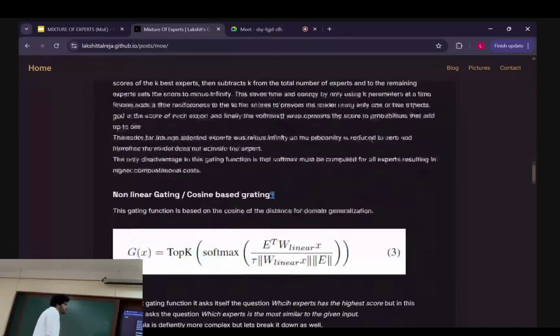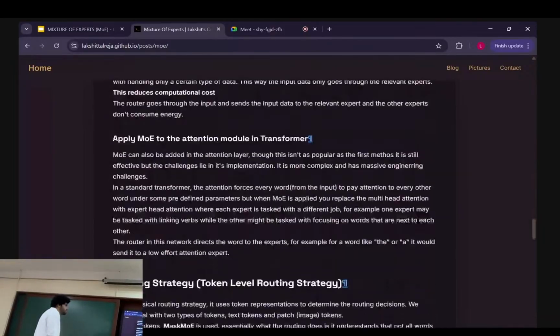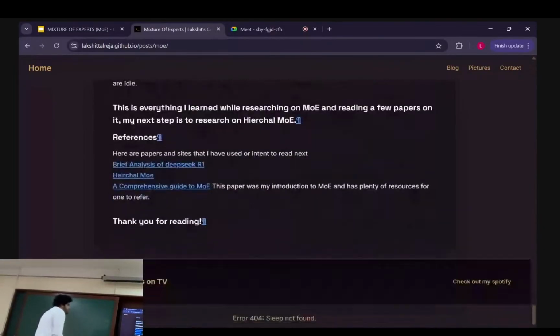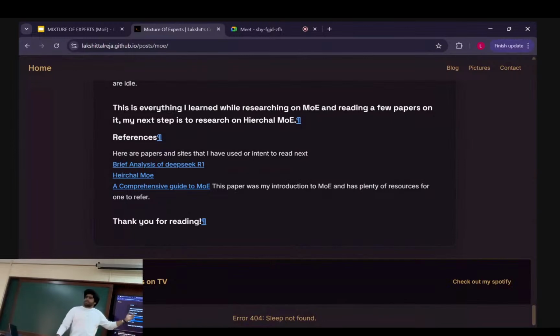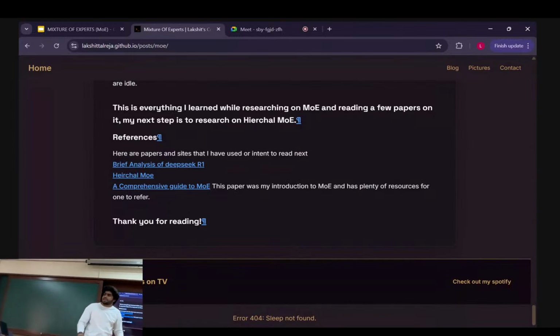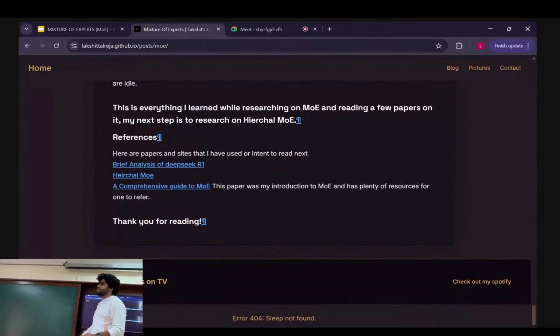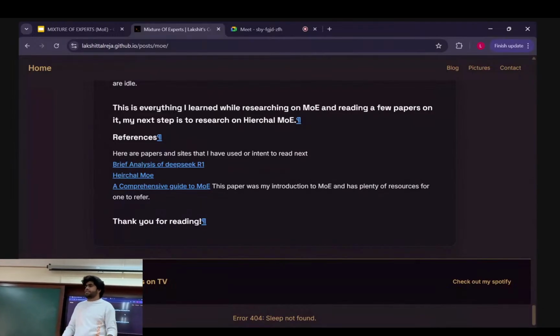It's a lot more detailed than the blog, but it essentially covers the same things. And it also has the references that I used to understand this. This is a very, very nice paper. It's a comprehensive guide to MoE. It's a very long paper, but it references every single MoE module. It was at least 2 months old, so it's very new. It references everything. It's a very well written paper. If you want to get started in MoE or learn a little more about